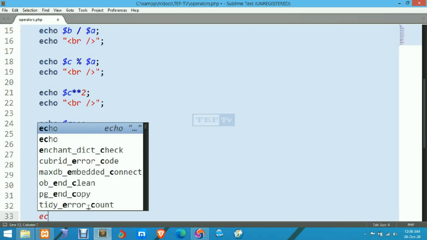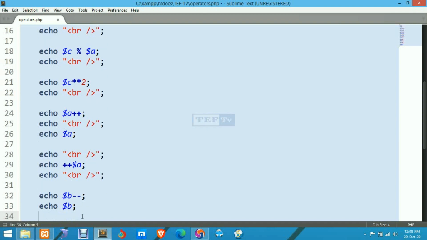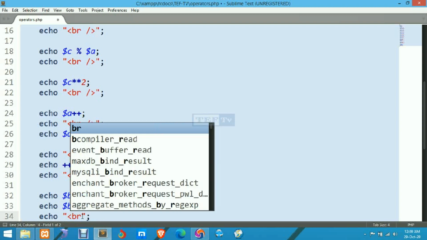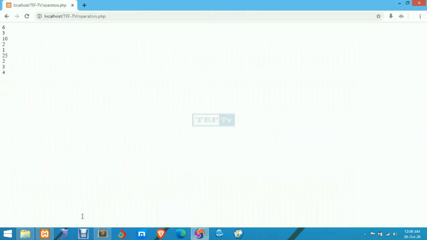If we now print the value of B at this stage, this will become 4 to 3 because we used our decrement operator. This will make 4 to 3. Enter, echo, line break, Control S, browser, refresh this one.